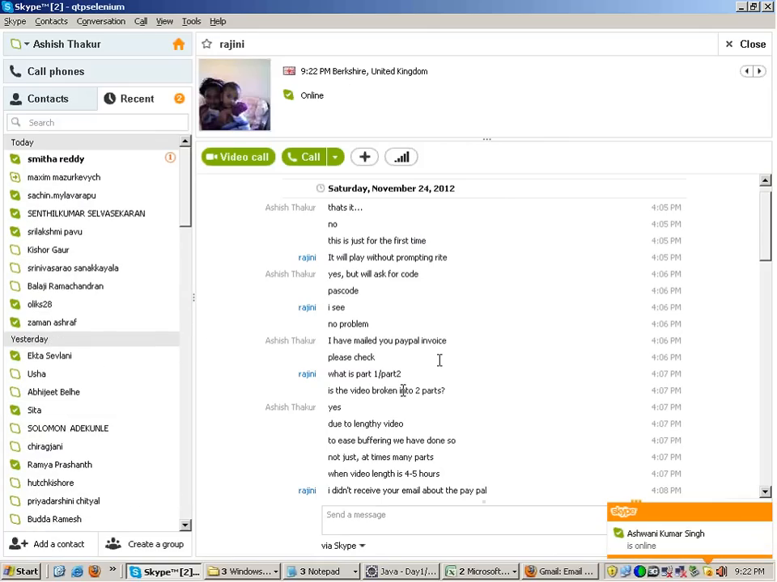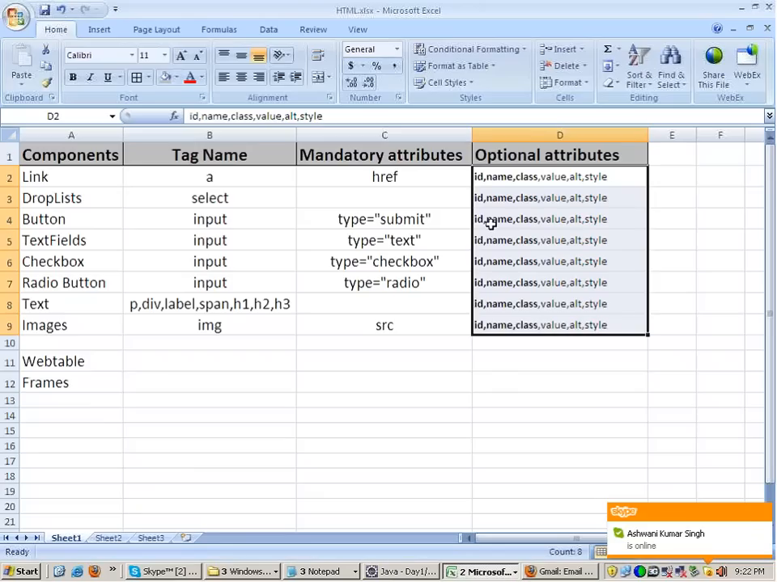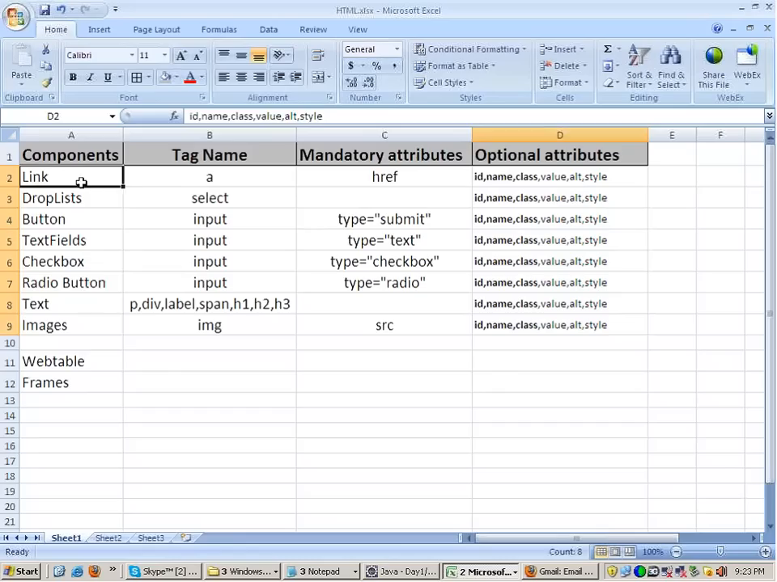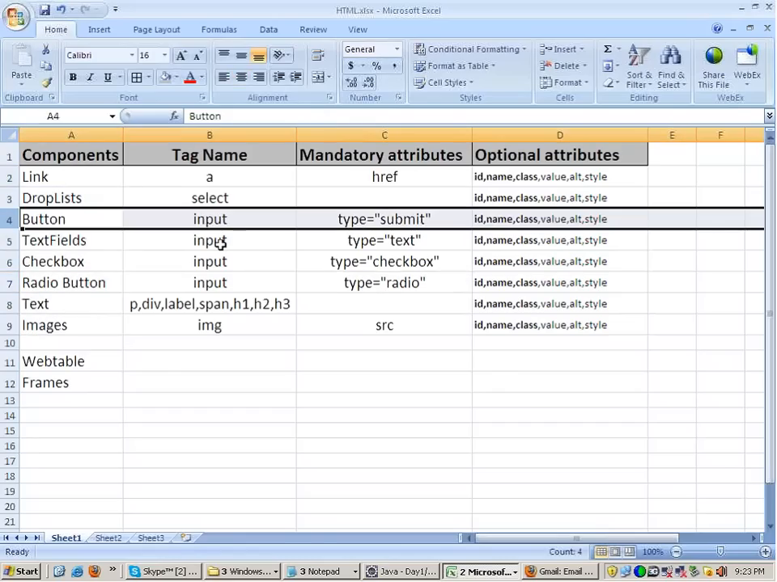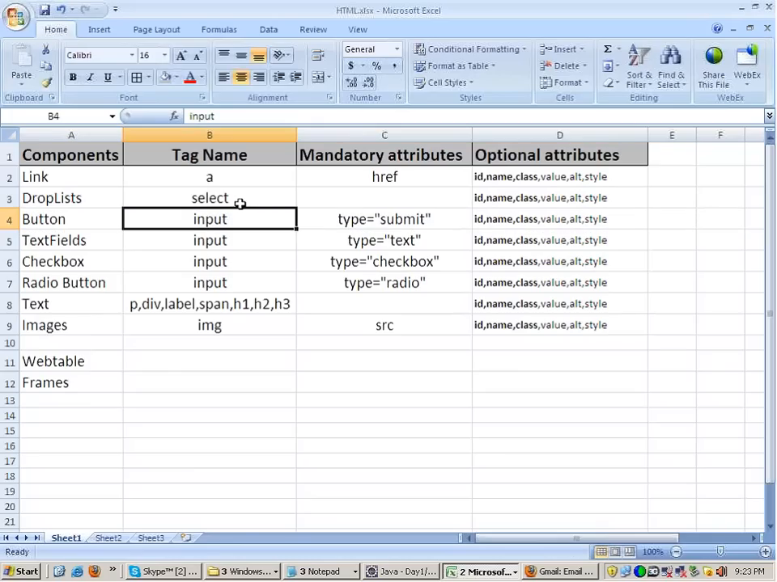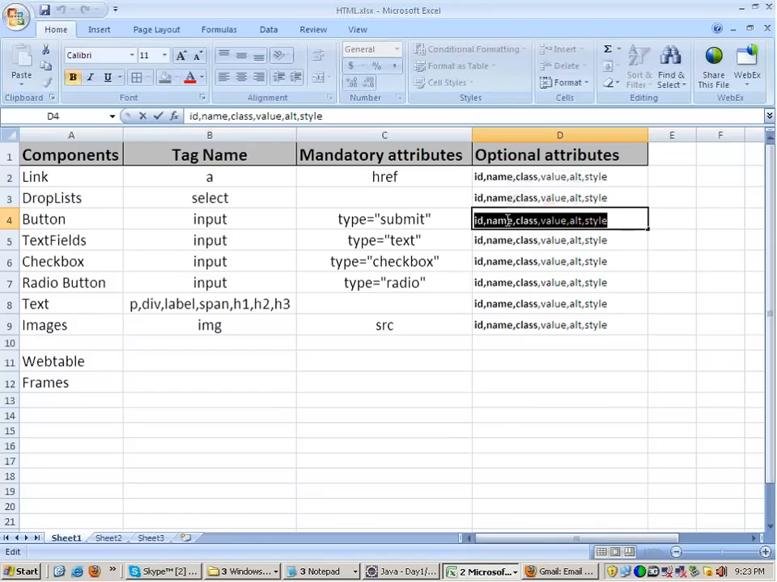So these are the attributes which can be present, not mandatory, but they can be present for any of these components out here. So for example, there is a button on a page, you need to click on it. You can tell Selenium there is an object with a tag name input, whose type is submit or whose ID is this or whose name is this, if the developer has given the